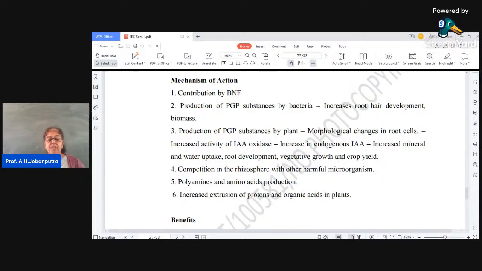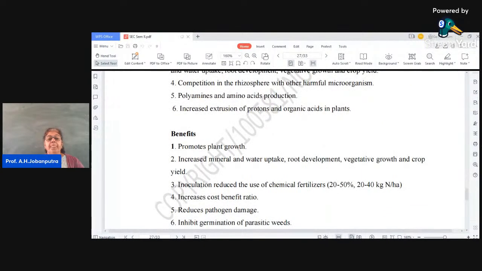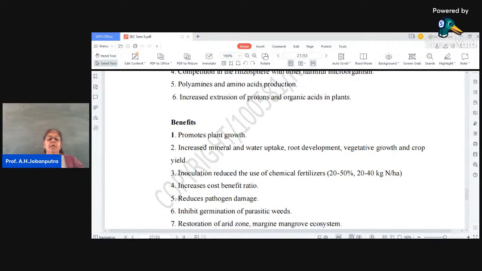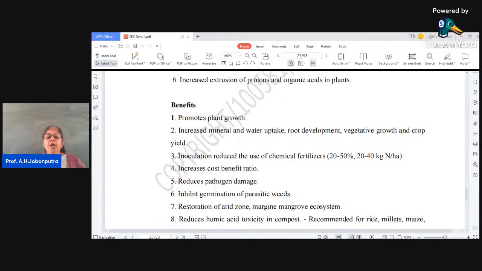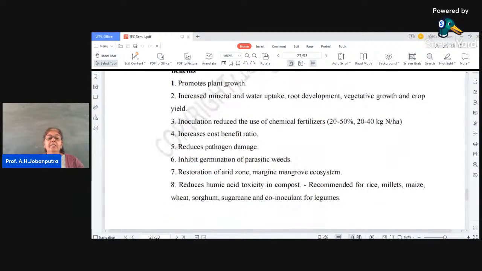It produces amino acids and polyamines. It also provides certain protons and organic acids to the plants. So you can use it along with certain chemical fertilizers, and it reduces the damage to the crops by pathogens. It inhibits the growth of the weeds. Then even in arid regions, meaning where there is no fertile soil or there are dry regions, Azospirillum is very useful. Then it reduces the